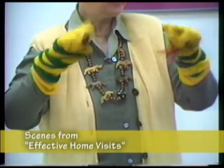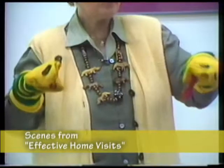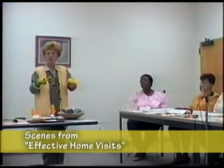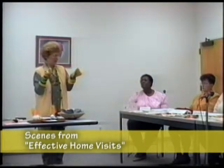What a great puppet. Just look around the house with the parent, or go to the Goodwill together. Have a scavenger hunt, go to the Salvation Army, and find some of these. Laundromats are good too. Find some of these old things that